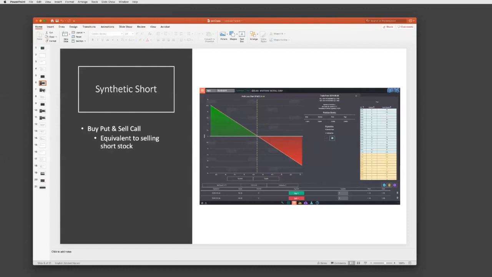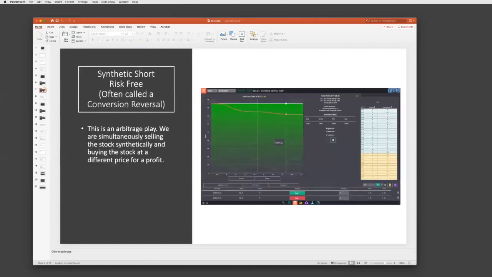Okay, so in Options Online you can build the profit loss graph. You go out and you buy 100 shares at the current price of 53.44, and you can see our profit loss graph turns into a flat line, and it's all green. And that's because it doesn't matter where the stock goes in the future. If the stock goes up to 60,